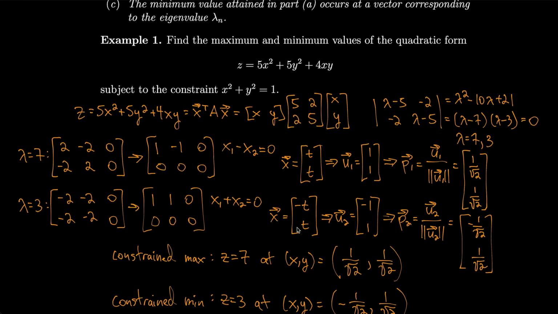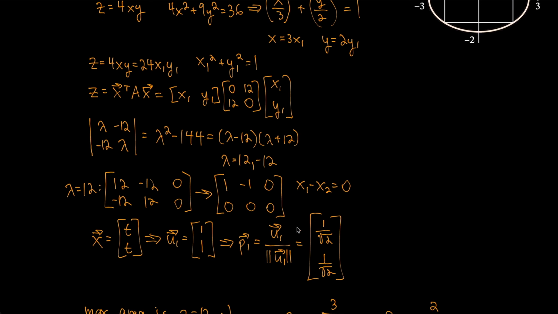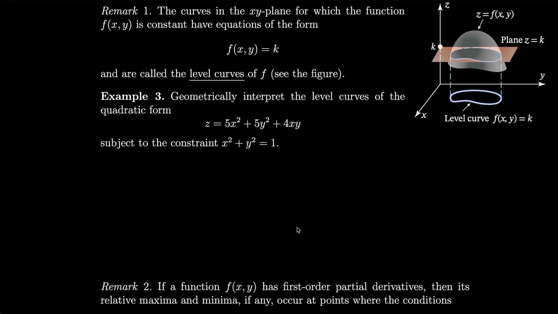We set it equal to k over there. That's subject to the constraint x squared plus y squared equals 1. We calculated those. So how about we write that 5x squared plus 5y squared plus 4xy equals 7